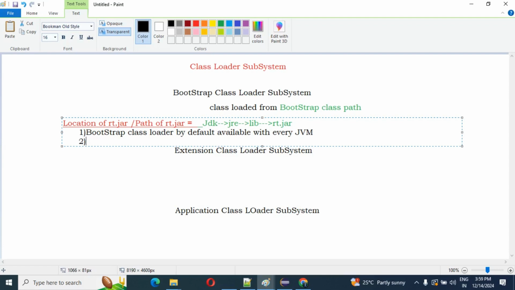Most of the time it is implemented in a native language, like C++, correct? So I can mention here so you can remember this.